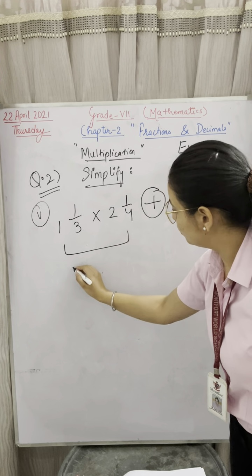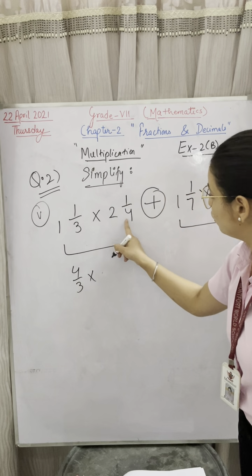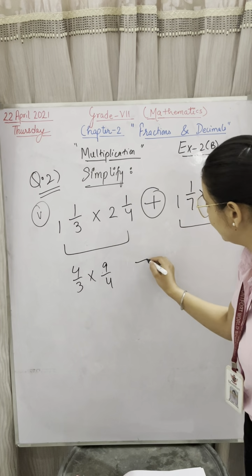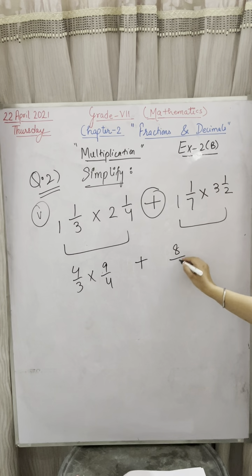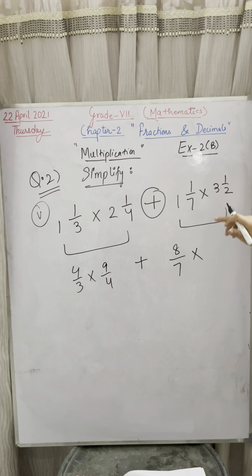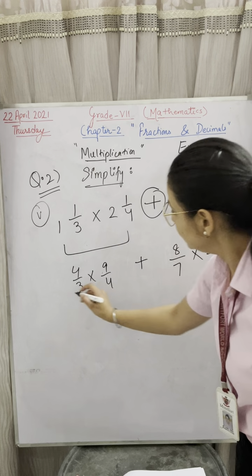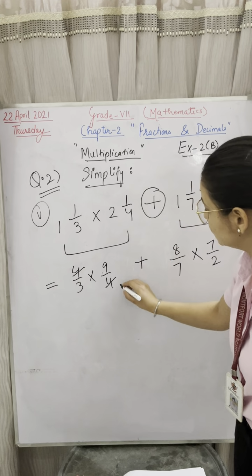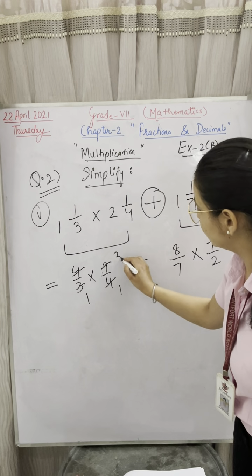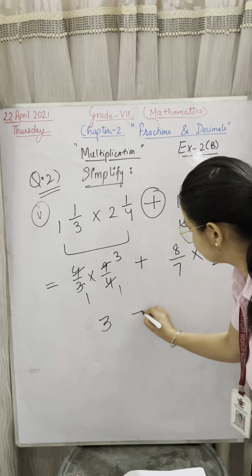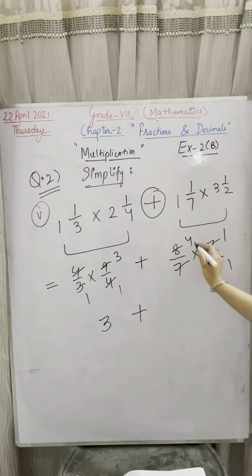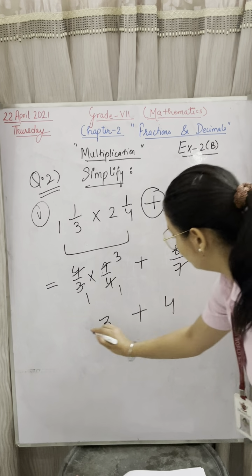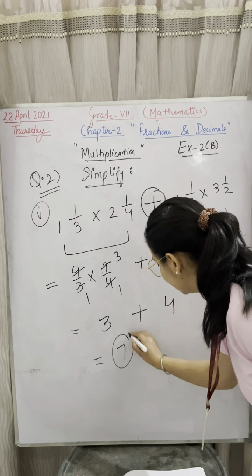I'm going to open the mixed fractions. 3 ones are 3 plus 1, 4 upon 3, multiply 4 twos are 8 plus 1, 9 upon 4, plus sign I'm writing as it is. 7 ones are 7 plus 1, 8 upon 7, multiply by 2 threes are 6 plus 1, 7 upon 2. Now can I cancel anything? Yes, 4 and 4, 4 ones are 4, 3 ones are 3, 3 threes are 9. So what is left here? Only 3. Plus, what is left here? 7 ones are 7, 2 ones are 2, 4 twos are... What is left? Only 4. Now add 3 and 4. 3 plus 4, that is 7, is your answer.